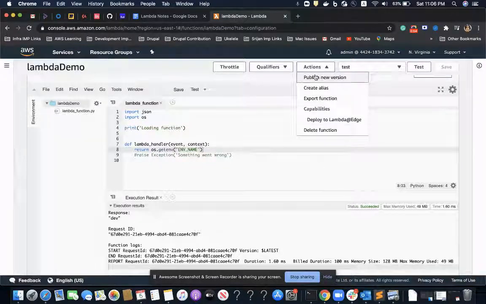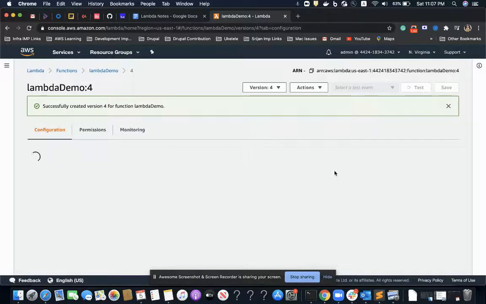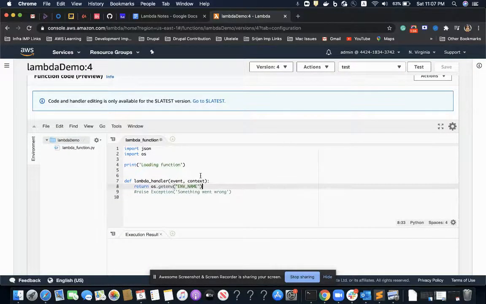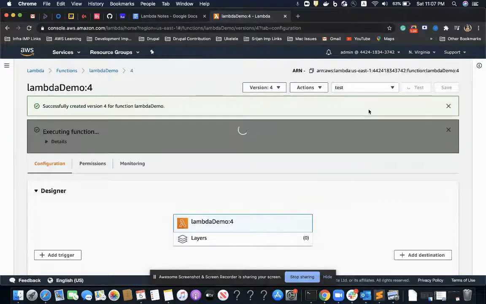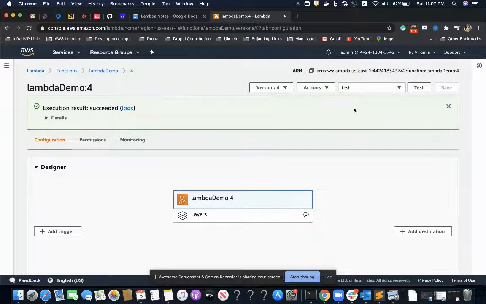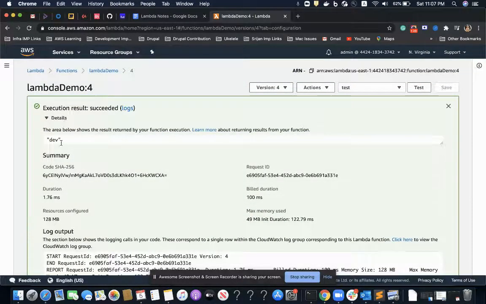I'm happy with my code and I want to have a snapshot of it, so I'll map it with version 1. Now if I check my version, it is basically printing dev.